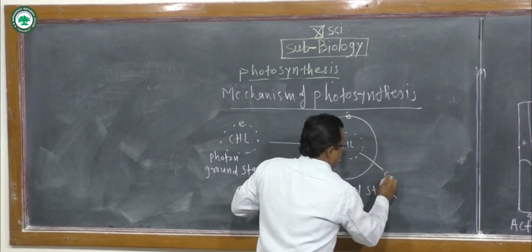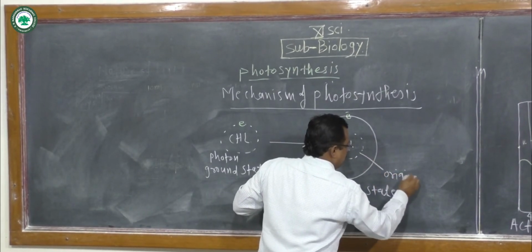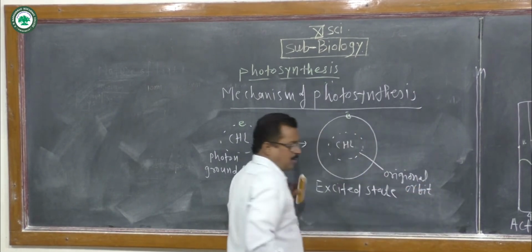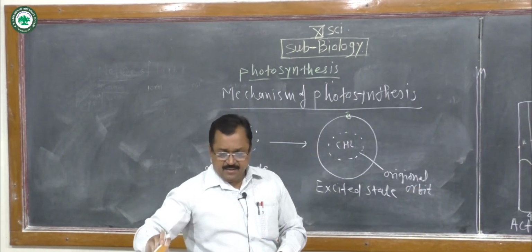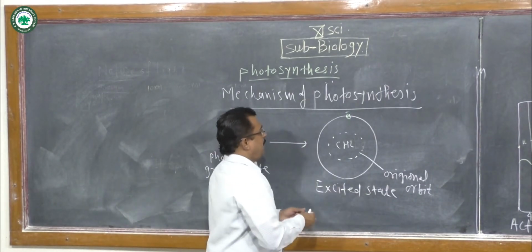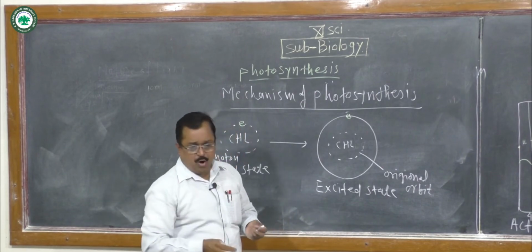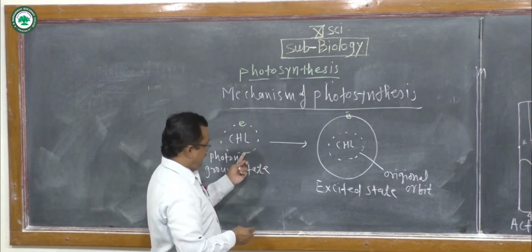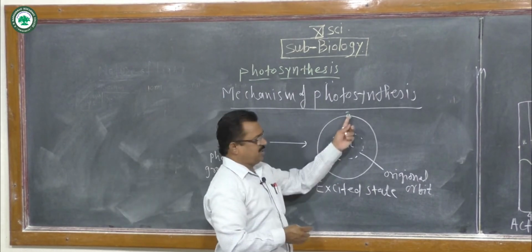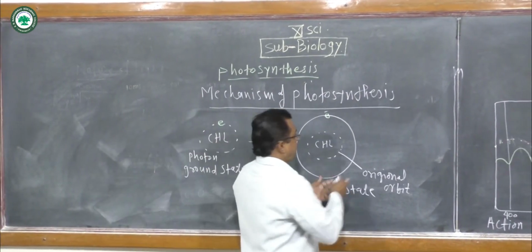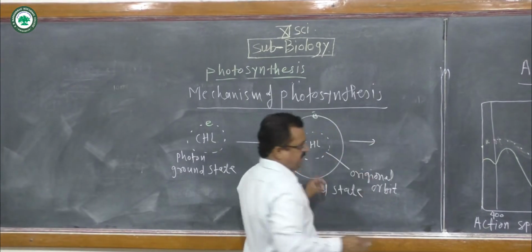The electron is present in the original orbit, and when it traps the light, it shifts from the first orbit or original orbit to the last orbit, as an energy rich electron, and this energy rich electron